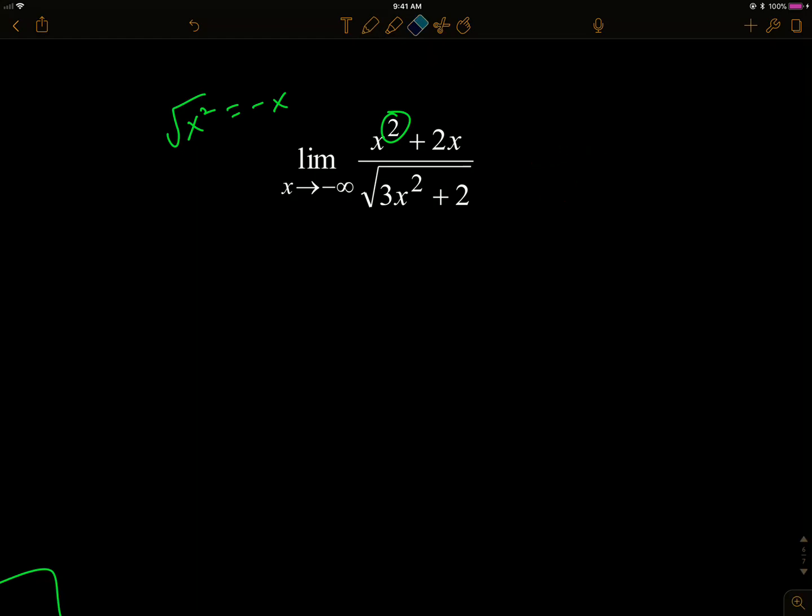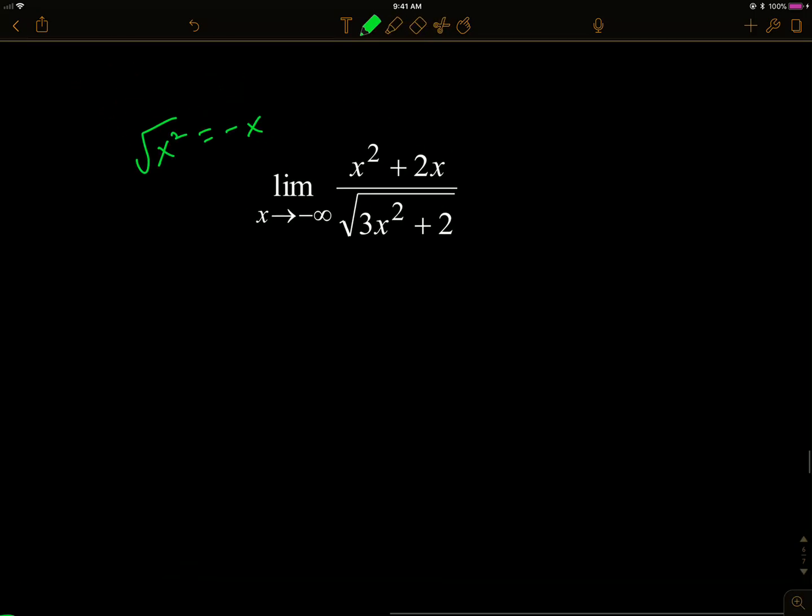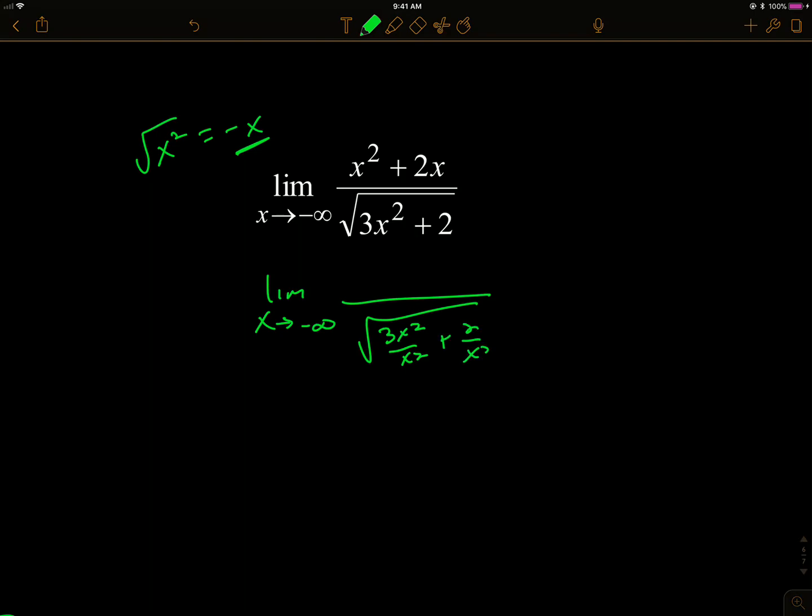So that means our answer is not going to be a number. When there's not a horizontal asymptote, it's either going to be infinity or negative infinity. But we can just go ahead and work through the same analysis using our negative x when we're dividing by the biggest power of x. So in the denominator, I've got 3x squared over x squared plus 2 over x squared. Up top, I've got x squared divided by negative x plus 2x over negative x. So when we simplify that,